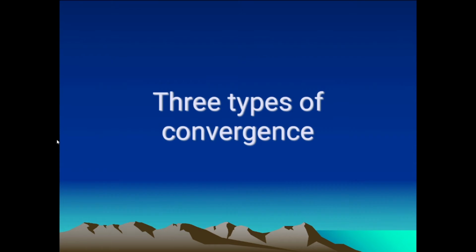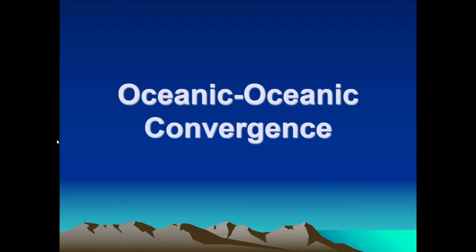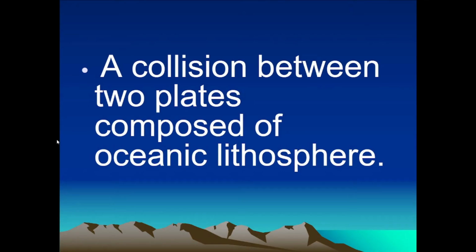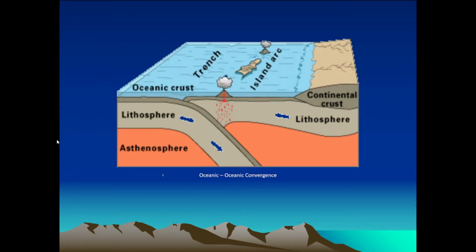There are three types of convergence: oceanic-oceanic, oceanic-continental, and continental-continental convergence. Now let's talk first about the oceanic-oceanic convergence. When two oceanic plates collide, the denser plate sinks below the lighter plate and eventually forms dark, heavy, basaltic volcanic arcs. The western half of the Pacific Ring of Fire is full of these